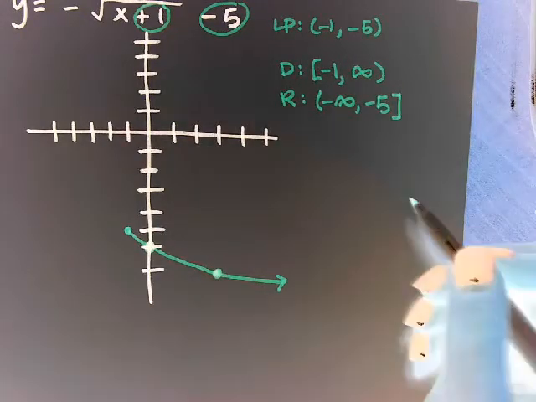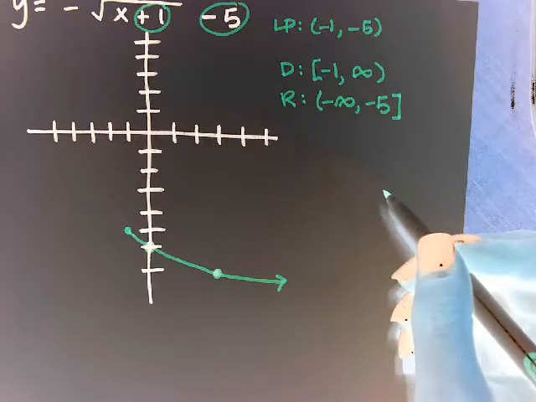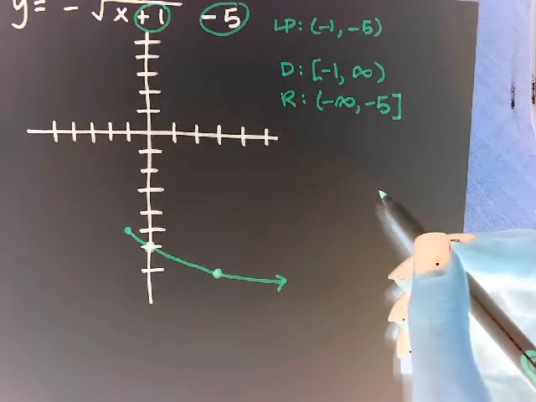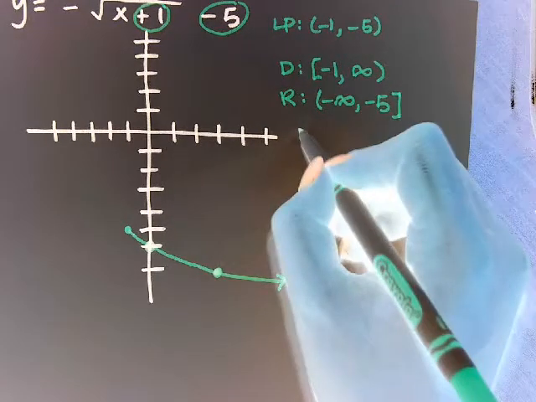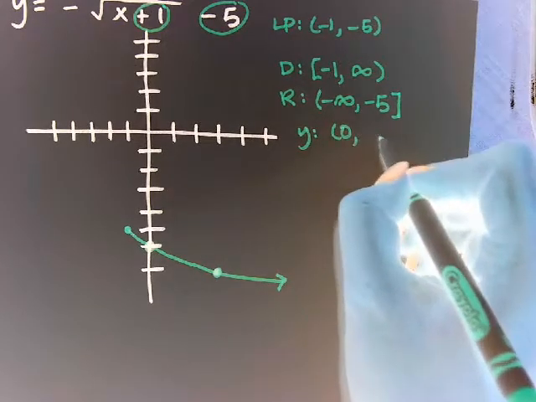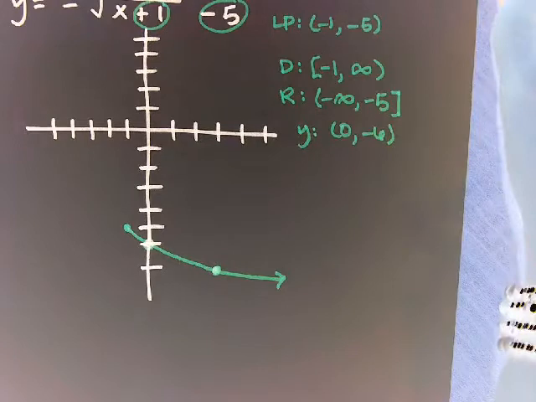Okay. Do we have any intercepts? Yes, there's not an x-intercept, right? But there is a y-intercept. What's the y-intercept? 0, -6. Okay, so let's go ahead and we'll go back to our calculators, and now what we're going to do is we're going to graph the